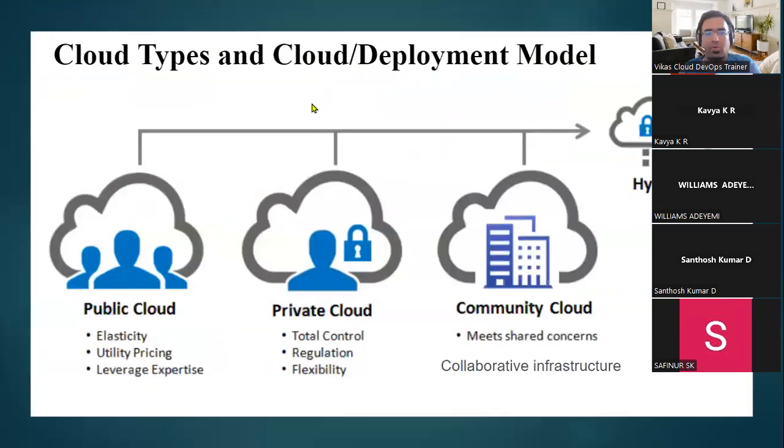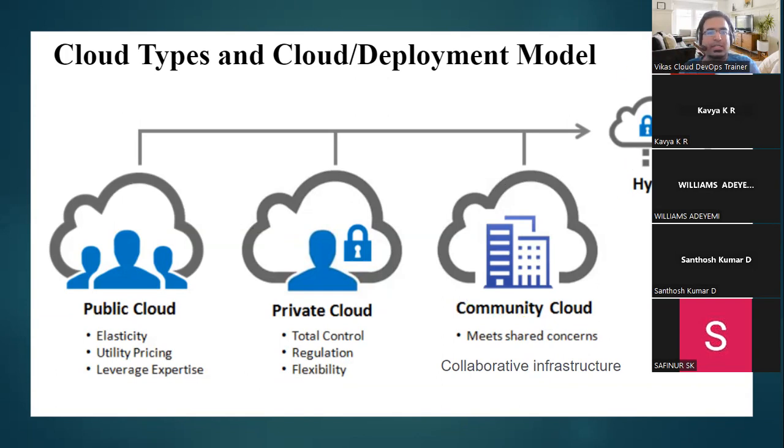In the cloud there are multiple varieties: public cloud, private cloud, community cloud, hybrid cloud. Public cloud, anyone can use it. It's a little bit less secure. Private, from the name itself it's very clear that it's total control in your hand, full regulation, full flexibility. Whatever rules you want to create or change, you can do with the help of private cloud. Community cloud, same intention, that is called community cloud. Hybrid cloud, two different varieties of cloud: public cloud and private cloud, that is also an example of hybrid cloud. AWS cloud and GCP cloud, that is also an example of hybrid cloud.